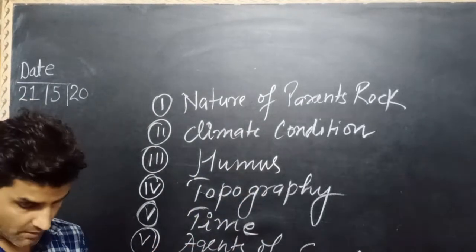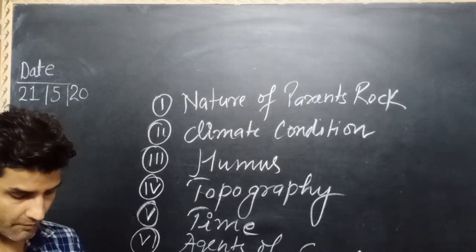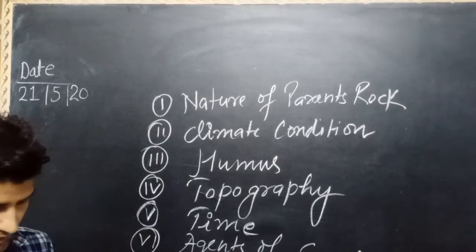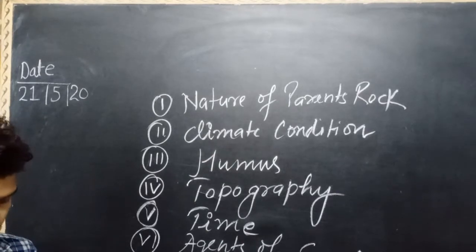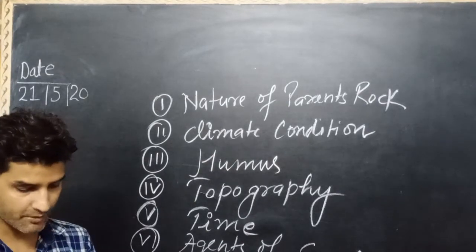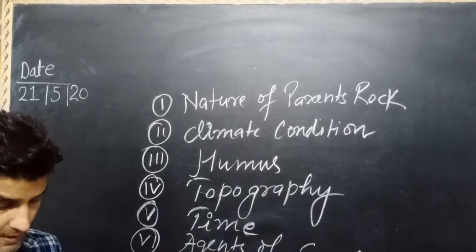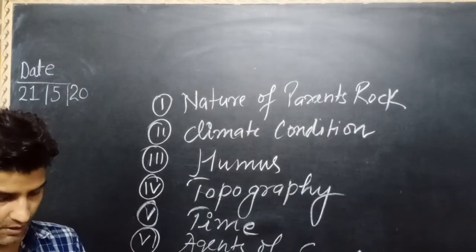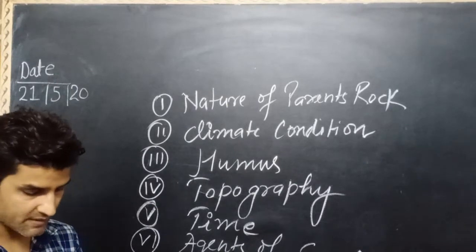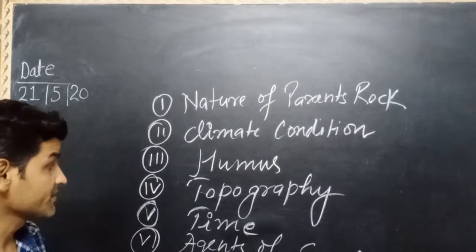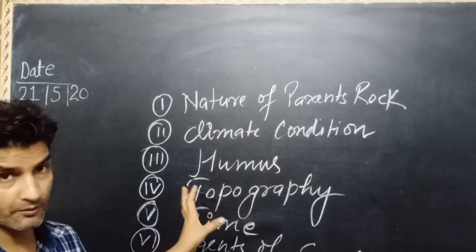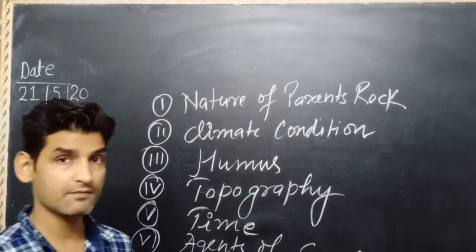Next, topography. The topography or slope of the land in a particular region is also important. On a steep slope, the weathered rock particles cannot get deposited as they keep gliding down the slope under the force of gravity. On gentle slopes and flat lands, soil gets accumulated easily. Means topography also depends on the formation of soil. Different topography makes different kinds of soil.